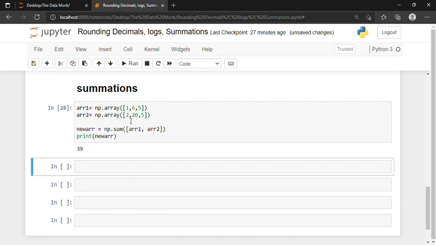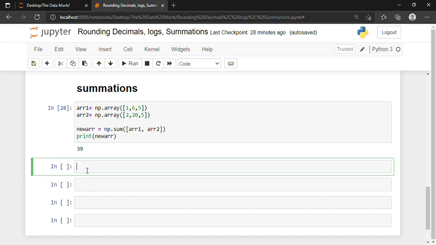All right, moving on. Now I want to sum the values in array 1 and the values in array 2. Well, I just did that. Alright, summation over an axis. Now I am going to sum over an axis, and I'll tell you what that means.